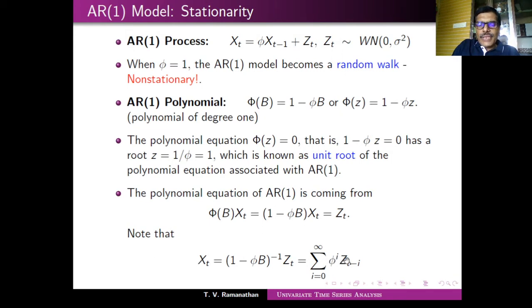Now this series converges. If it is a real series, I know that it converges only if the absolute value of phi is less than 1. If it is a random series, I think I mentioned the other day, we have to talk in terms of convergence of a random sequence. So I may have to define xn as the sum from i equal to 0 to n. This xn is just a notation, nothing to do with the t. Then allow n to go to infinity, so that the random variable should converge to something called xt, which is a proper random variable.